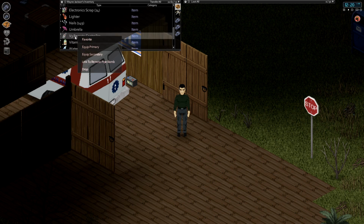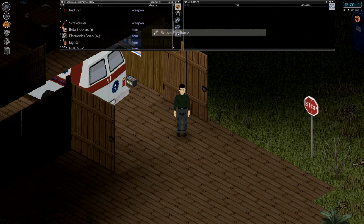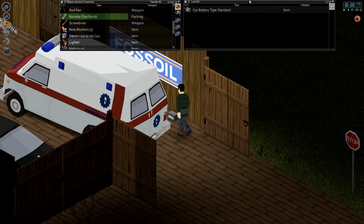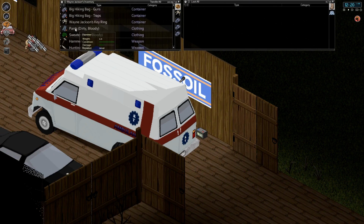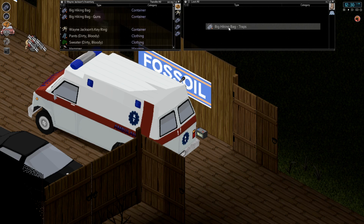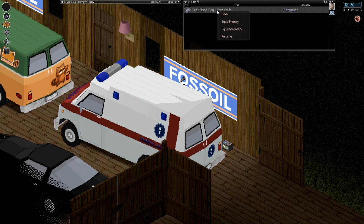And apparently you can link multiple ordnance to one controller. So that's pretty cool. We're gonna have some fun down at the mall. We may leave it burning by the time we leave. Okay, so that's that bag of traps. Let's put that back. I've also got a big hiking bag filled with